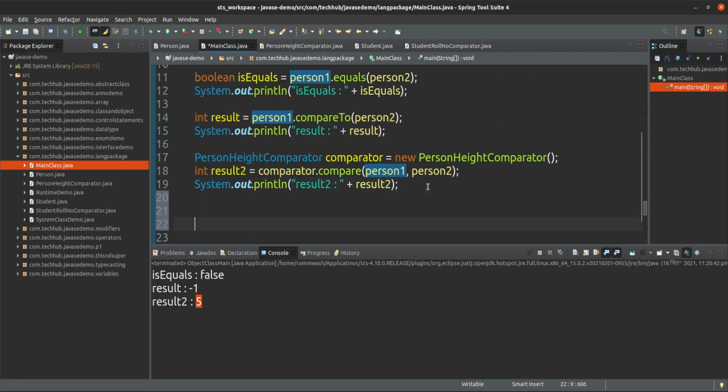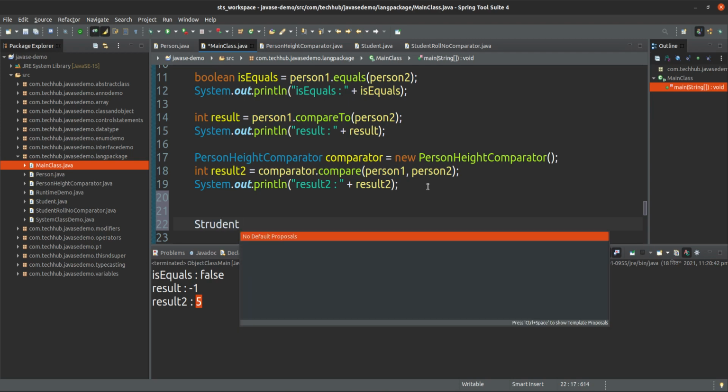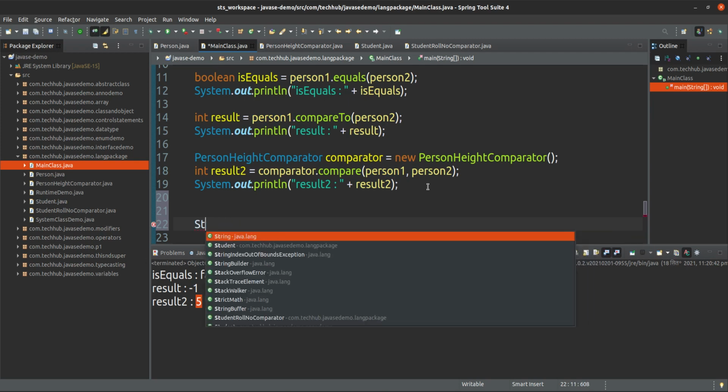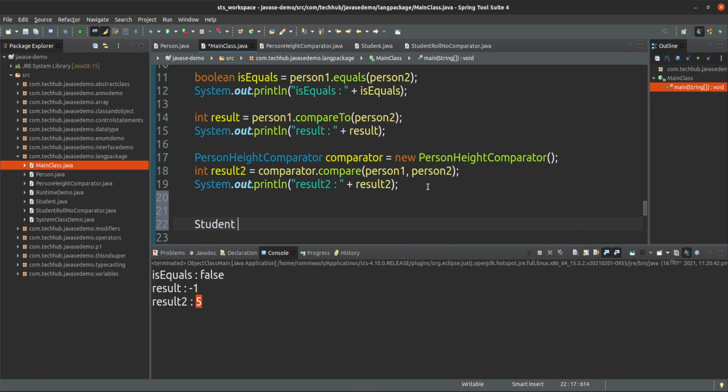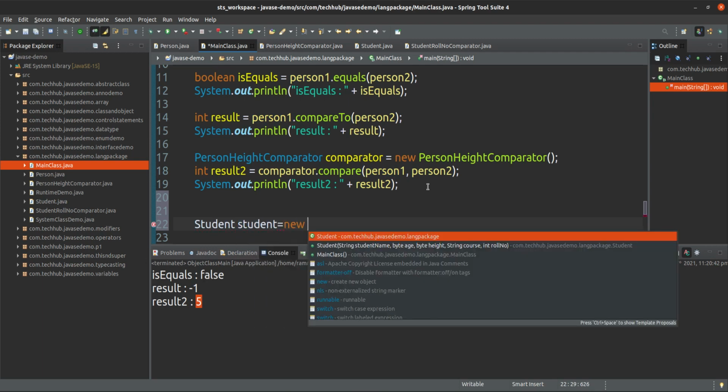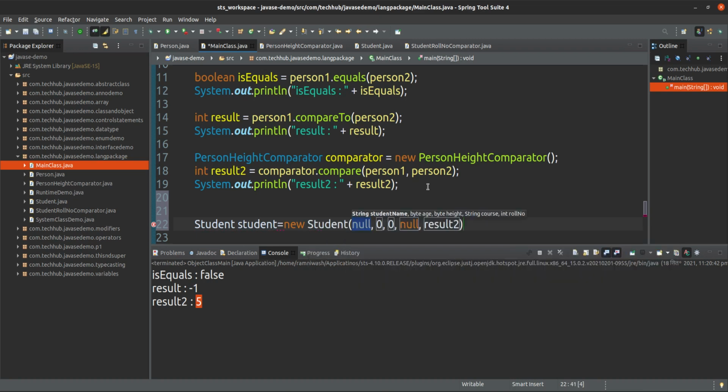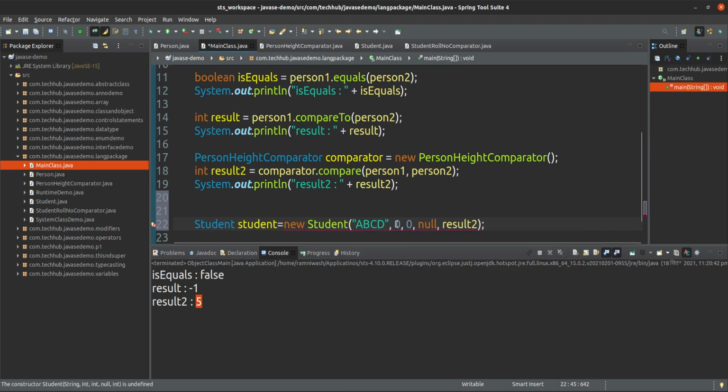So Student student1 is equal to new Student. This is the student name, suppose ABCD. This one is the age, like 15.